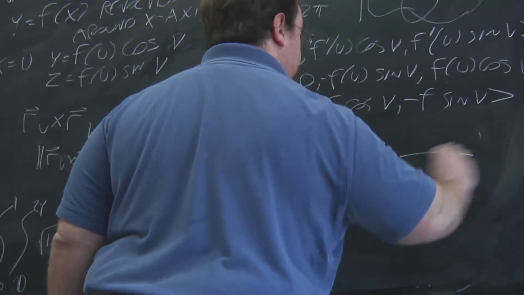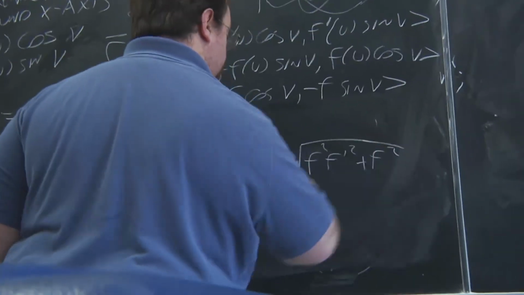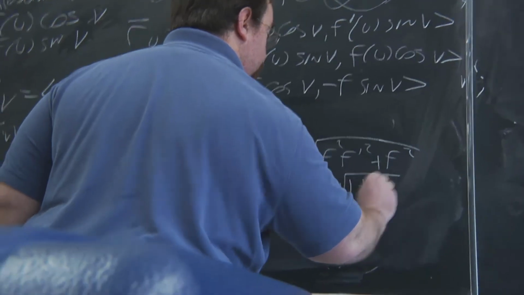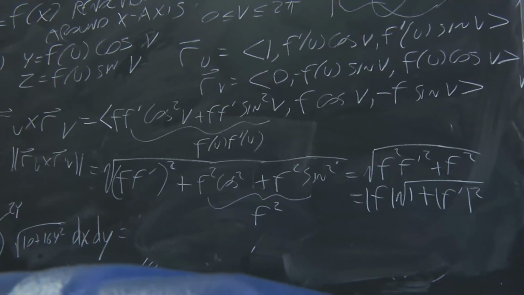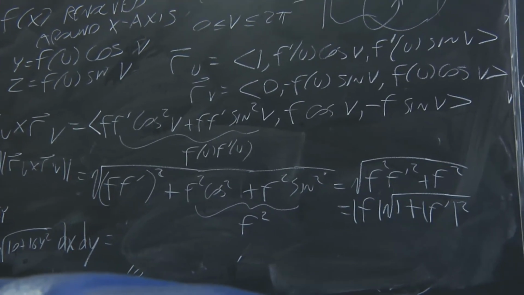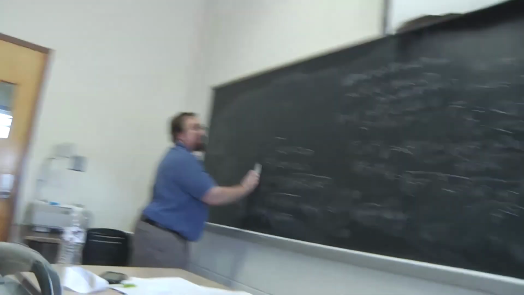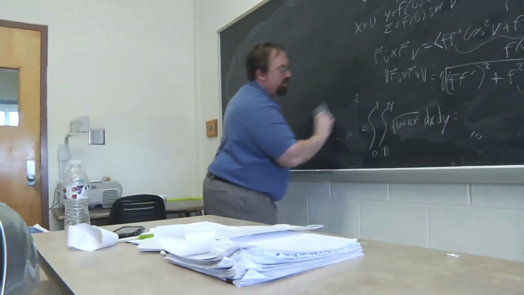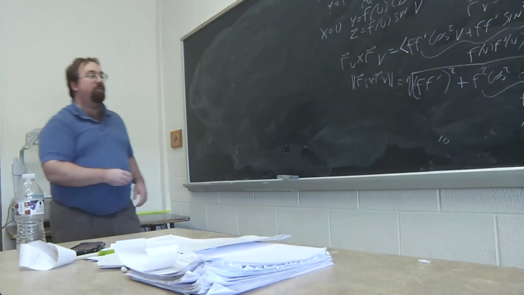So now we have the square root of f squared, f prime squared plus f squared. Factor out an f, so we have the absolute value of f, square root of 1 plus f prime squared. So now we can write down a more specific formula for the area of such a surface. We don't have to fall back on the magnitude of the cross product of ru and rv. We can write everything directly in terms of f. So the area